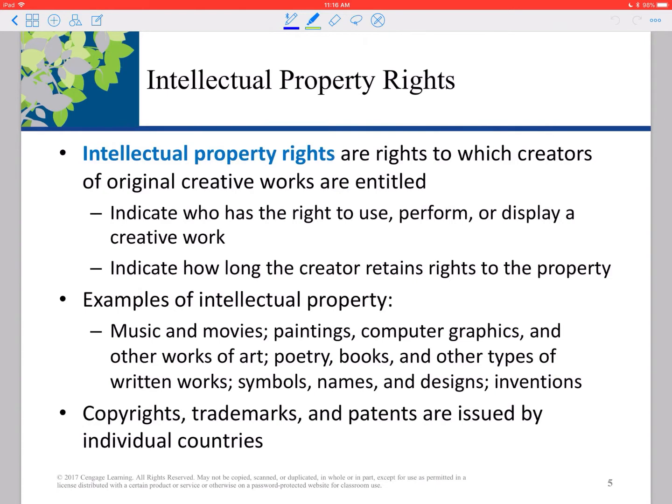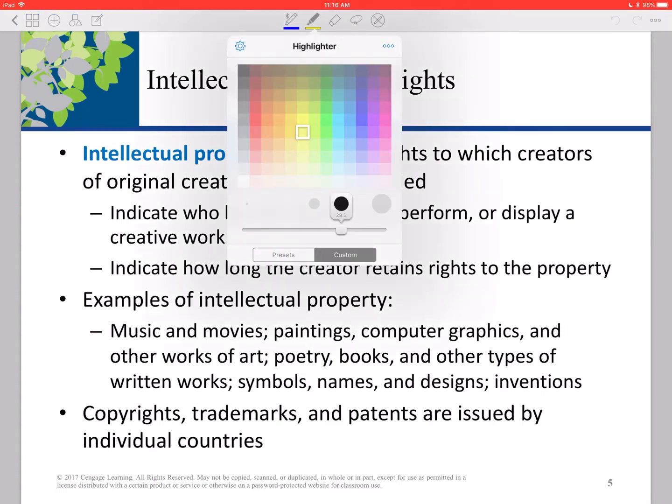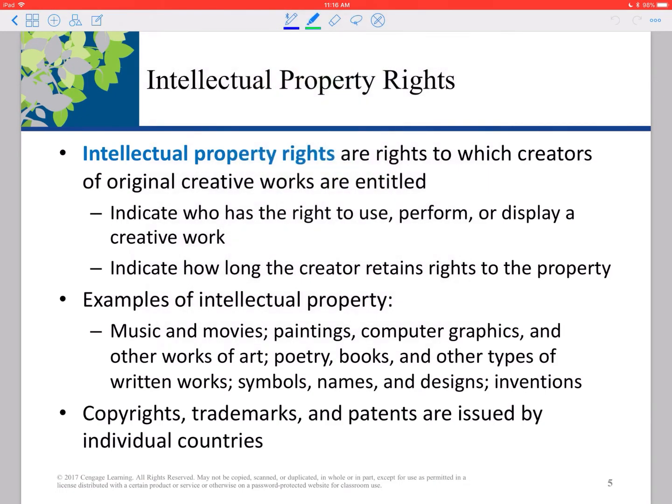Well, everything that we see on a computer has been created by someone. Now, unlike a hammer or a house, and I'm just going to doodle a little house, you can actually see this house, it's tangible, and you can determine who owns it. But when it comes to things on the computer like software or blog postings or articles, that property, that collection of thoughts in written form, do belong to someone,